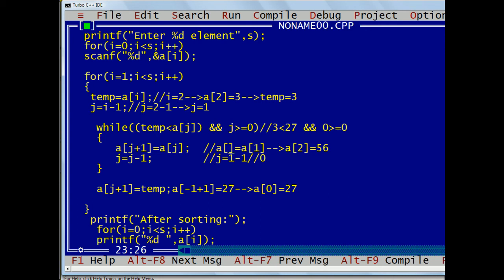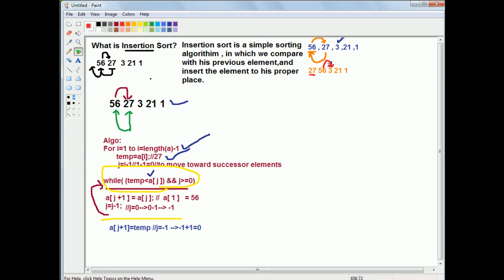The value of j is 0, so it will come as 0 plus 1, which is 1, right? And here the value of j is 0, so whatever I am having at the 0th position will be assigned to my first position, right? So this will come as a of 1 is equal to 27. Right? So this 27 is now at my first place,